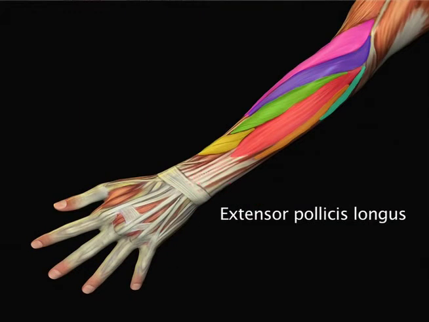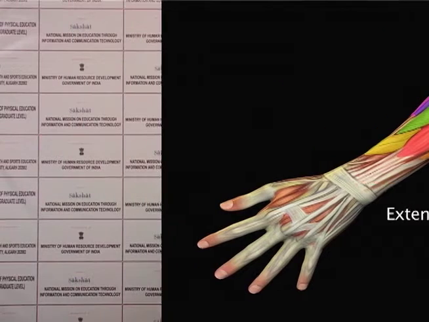These are the superficial muscles we discussed. Now we go through the deep muscles of the posterior compartment of the forearm. The first comes the extensor pollicis longus. Its origin is from the posterior surface of the ulna, and it is inserted to the posterior surface of the base of the distal phalanx of the thumb. As the name pollicis implies, it is related to the thumb itself. The main function is extension of the thumb. Nerve supply is again the posterior interosseous nerve.